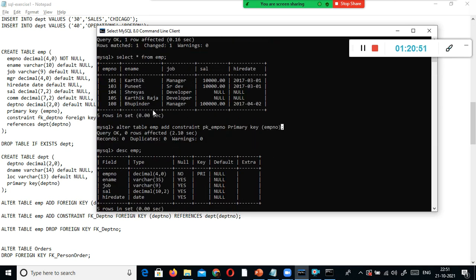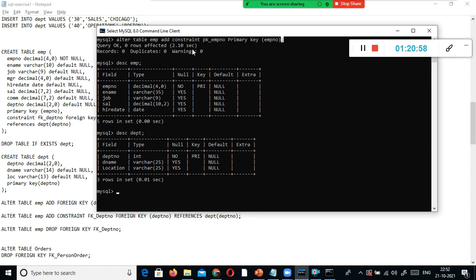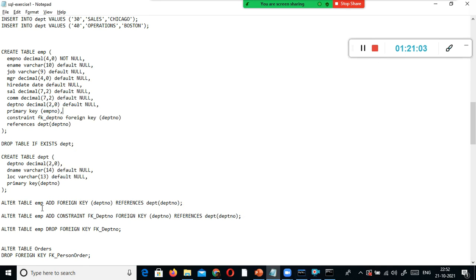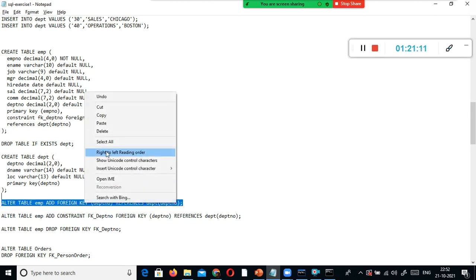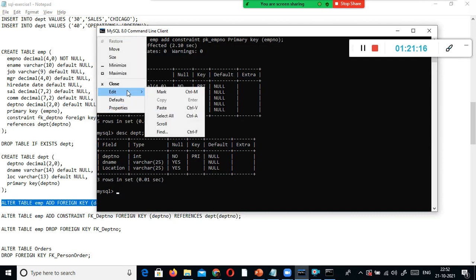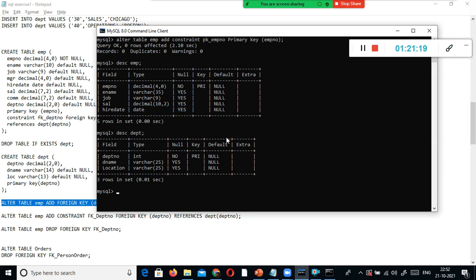So we had some duplicate values. I just updated a different employee number for this guy, and then when I created the primary key, it went through. It was able to create the primary key. Now this is an important step, add foreign key department number. See, alter table emp. Sorry, I just type it, alter table emp, add foreign key. Foreign key is a reserved word. Depart number